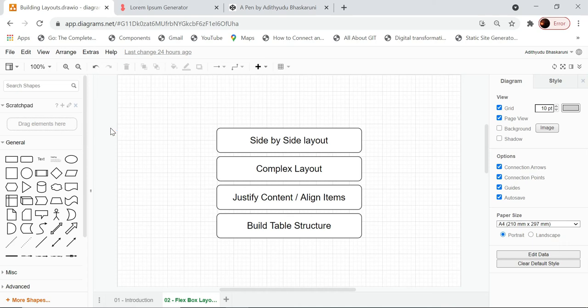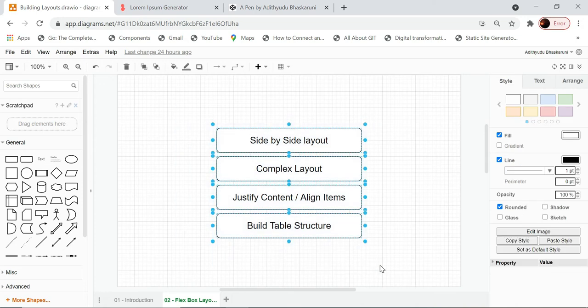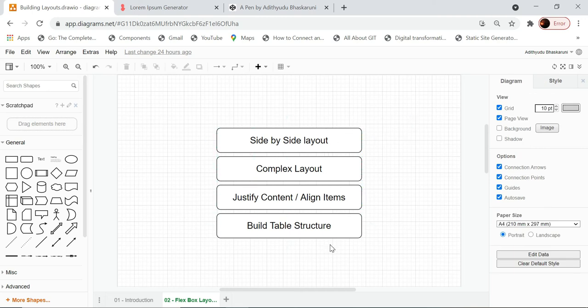Okay, so as part of learning Flexbox, these are the things we are going to implement and learn: what is this Flexbox layout and how to use it. I'll not explain what all these things are here, but we'll go step by step into these and learn. Okay, so let's get started.